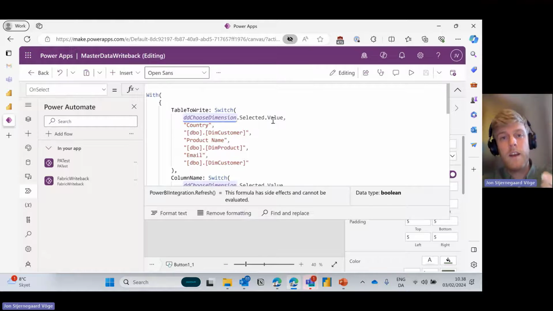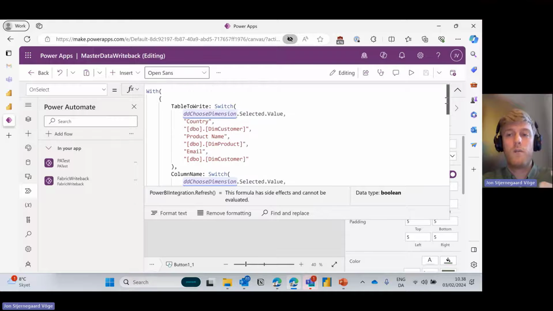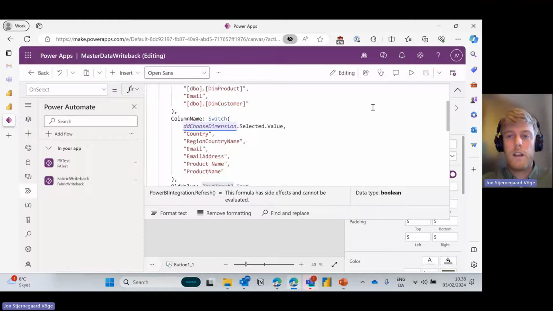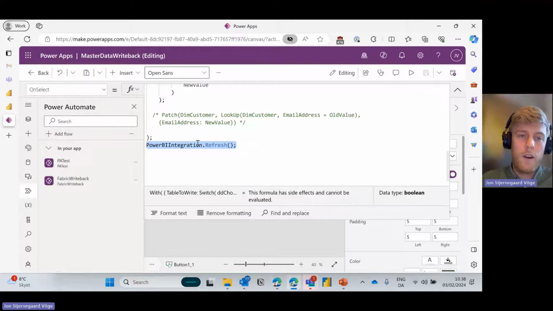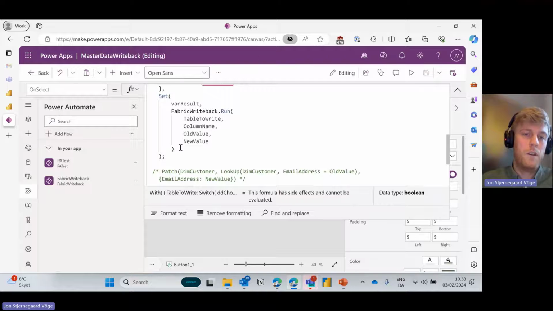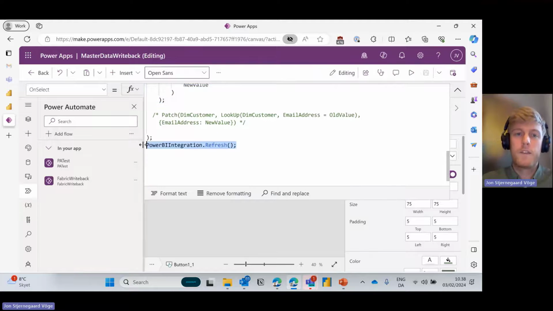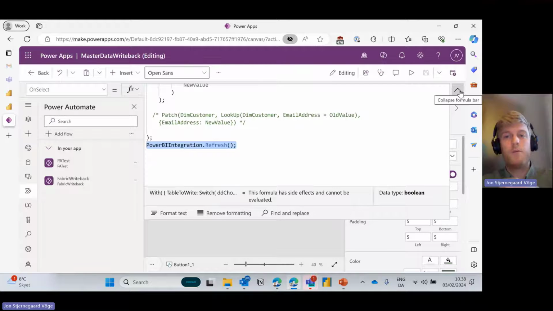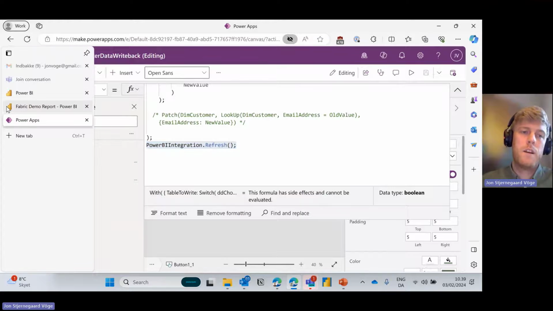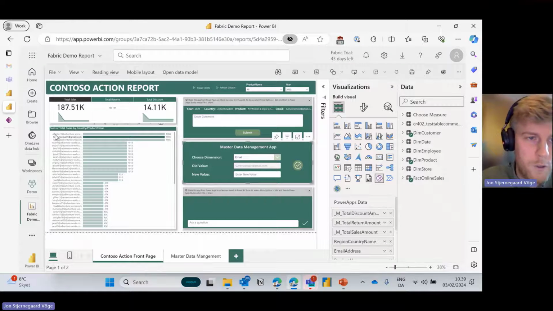And because Power Apps functions run in sequence, this formula will only run after the actual Power Automate flow is finished running. So we can patch whatever change we want through that SQL statement to our data warehouse. And then after that's done, we're going to call a visual refresh, and we're going to see, hopefully, the change happening live in front of our eyes. So just to go back and show you what that looks like,